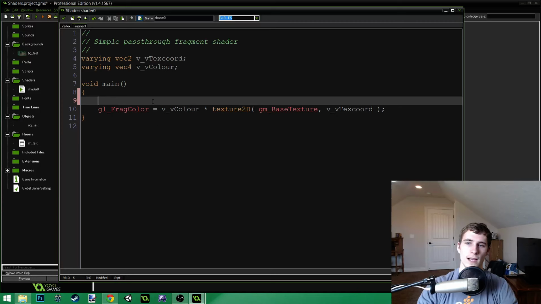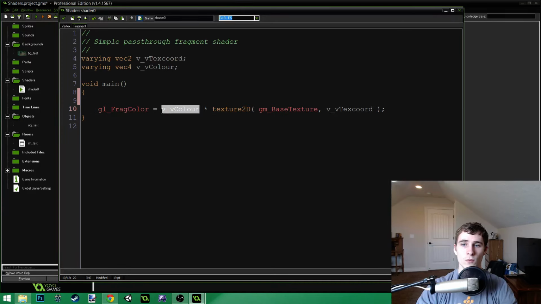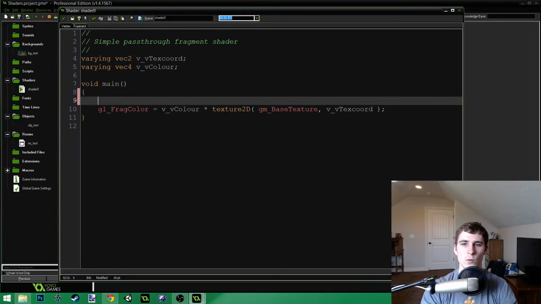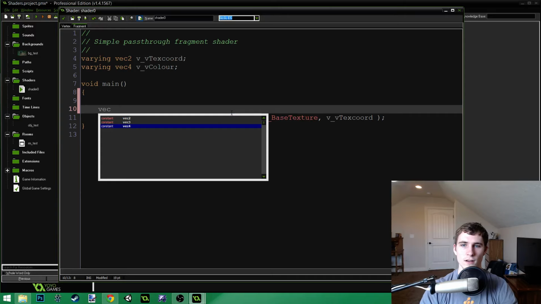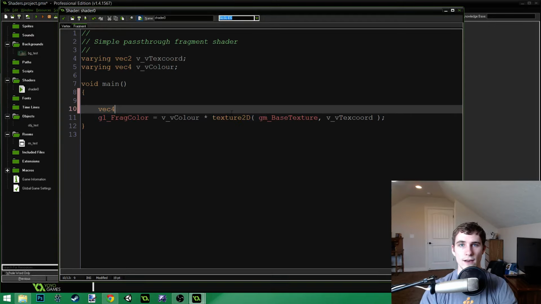Now, a variable like that contains more than one value is called a vector. So a vector is just a variable that has more than one value. So we're going to create a vector called color. This is going to be our color, whatever color we want to set the pixel to. So vec4, because our vector is going to have 4 values. So vec4